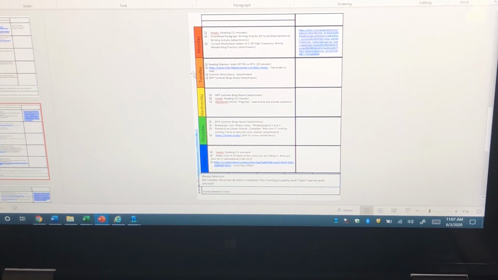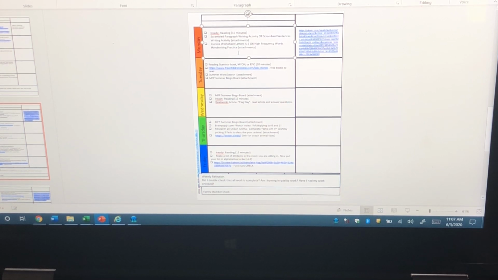There's a lot of different resources just for additional practice for those reading skills. I've attached the link for Clever if you did not remember how to get into it. The second part is going to be writing activities and cursive practice. So all of these are again choice, and there'll be attachments in your email. If it's an attachment, I have literally written attachment next to it so that you know what to look